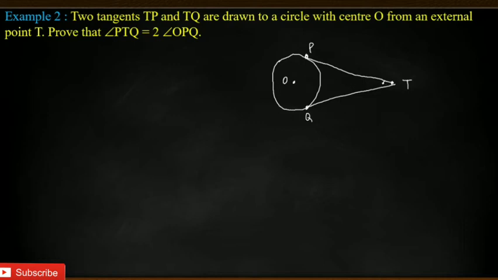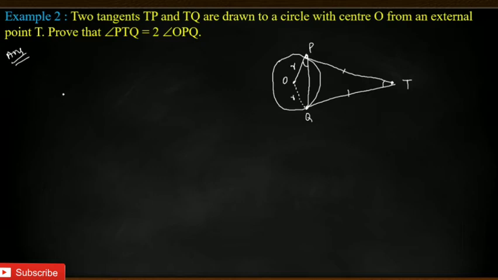PTQ, this angle is equal to 2 times of OPQ. So this is OPQ, and this angle is equal to 2 times of that. Let me take this as theta. Okay, leave it, no need to take any other names. Just continue as they have given. We know OP is the radius, and these two will be equal because this is the length of a tangent, and this is also a radius. If you need, you can take this also as radius. Now let me continue this answer.